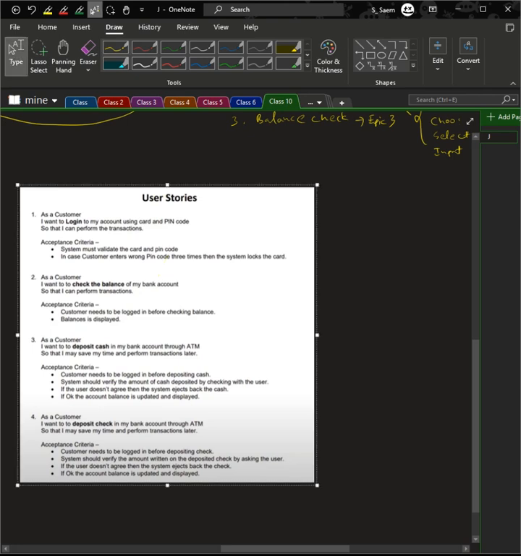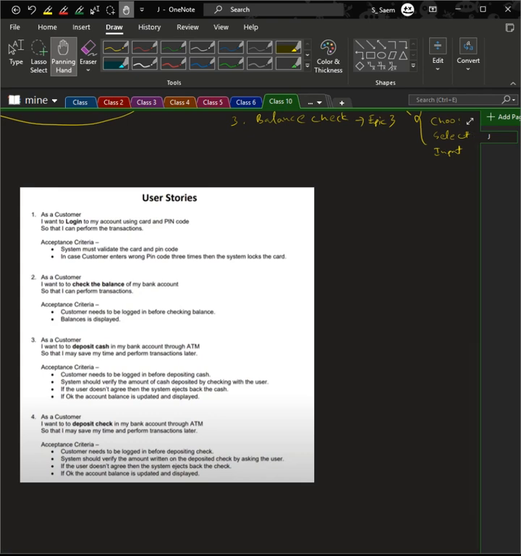Then in case the customer enters the wrong PIN code three times, the system locks the card. Then in the second user story, as a customer, I want to check the balance of my account so that I can perform transactions. Here the acceptance criteria are customers need to be logged in before checking the balance and